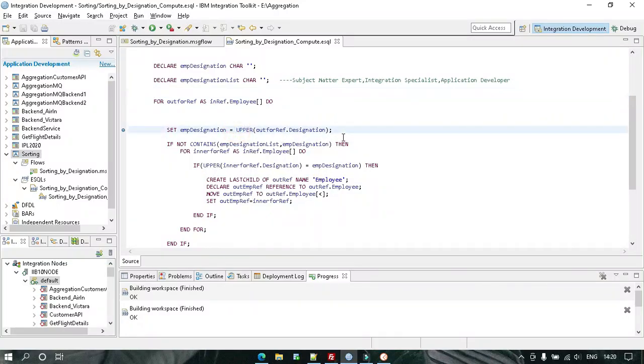Let's provide four quotes. This is a single quote. Now this is a string with single quote. Concatenate it with this, and concatenate again a single quote. So in output there will be one single quote, within that we'll have the designation and then another single quote. Simple.